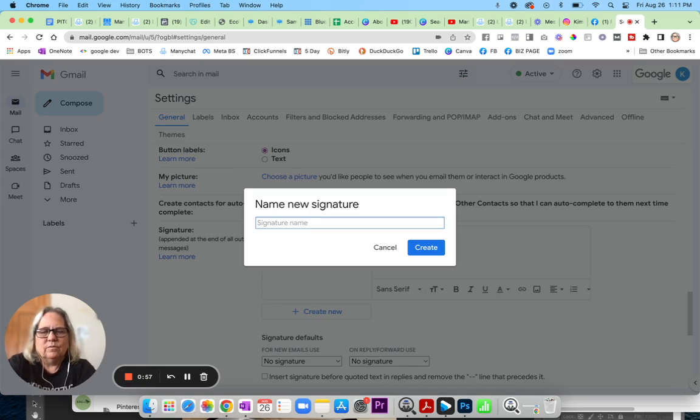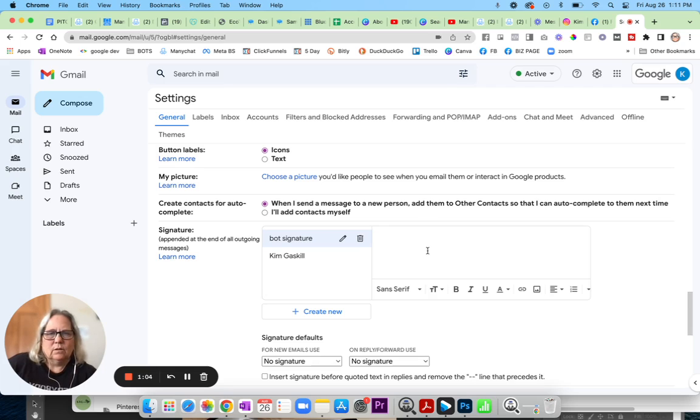bot signature, name it. And then I have to type in here what I want. So I'll put Kim Gaskill, Ecotech Social, Kim at techsocial.com. And